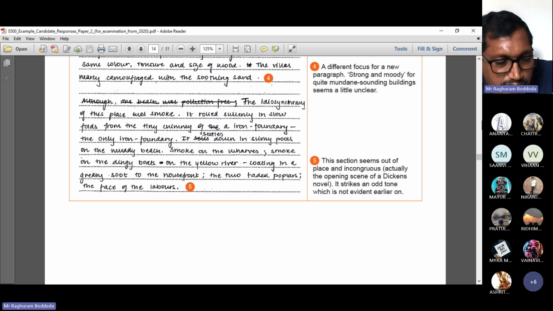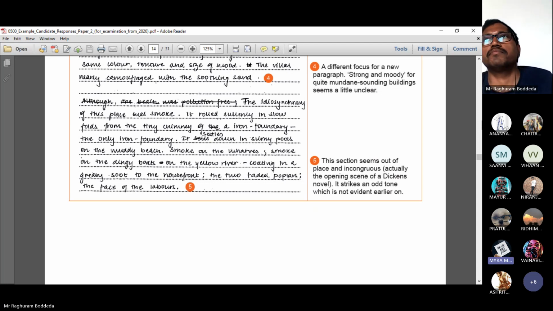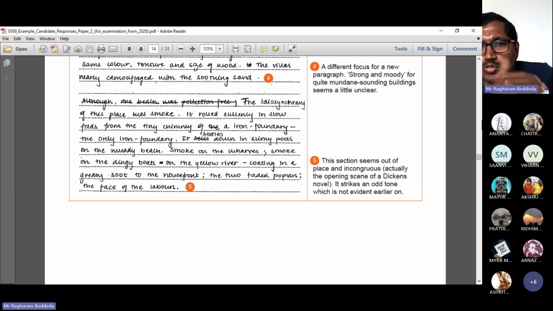So how is this particular paragraph developed and linked to the previous paragraphs? It's different from the previous paragraphs because it's a bit more deviated. Yes, sir. There is no connection to the previous one, right? It's giving more detail and description.